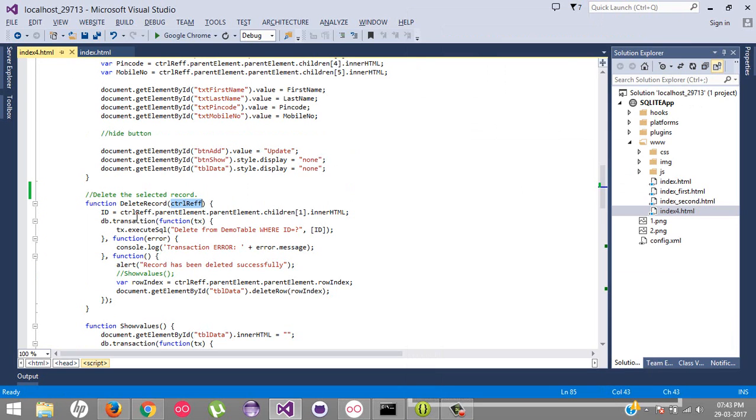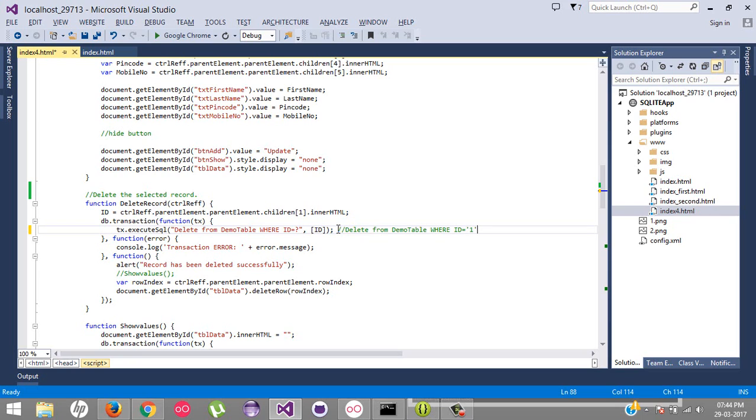So we find that particular ID by using the button reference. After getting the ID, we fire a simple query, that is delete from demo table where ID equals this. And here, one more thing I would like to tell you, you can also write it like this: delete from demo table where ID equals